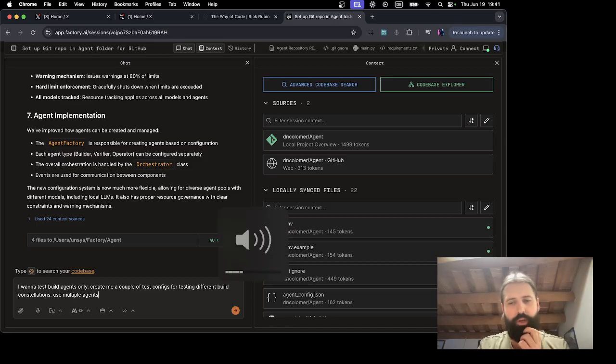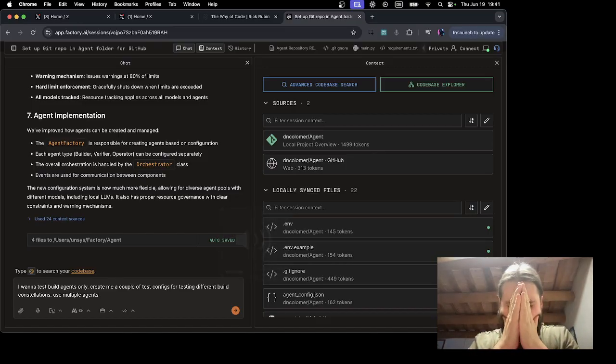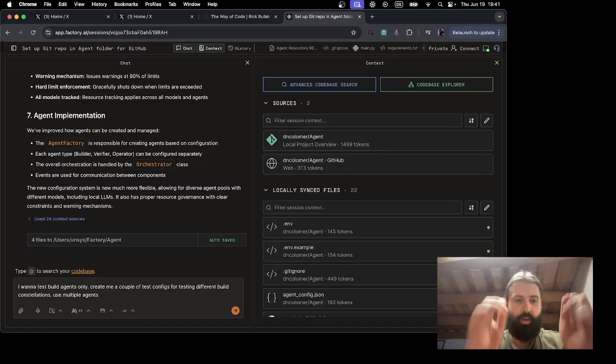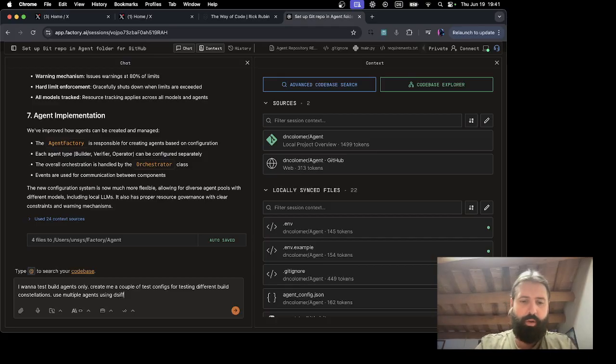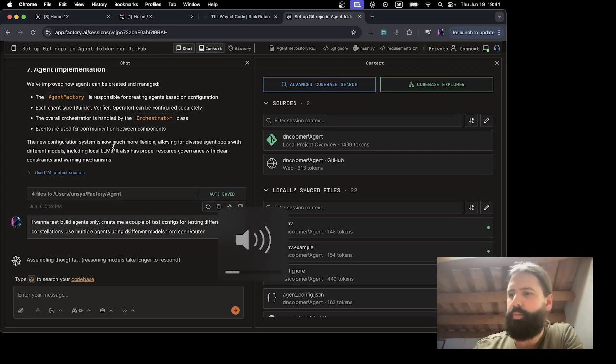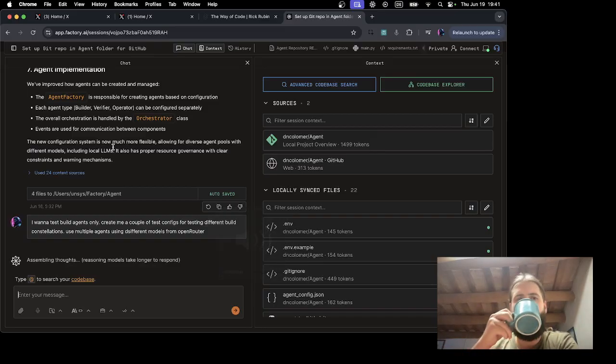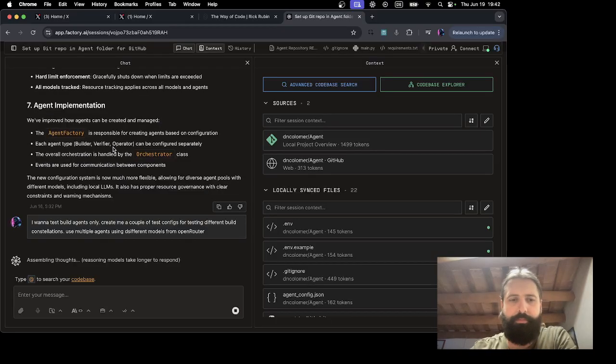We definitely want to do multiple agents, using different models from OpenRouter. Let's go.